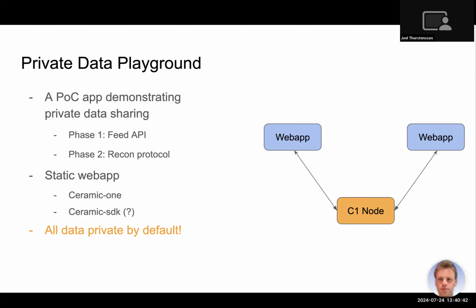All right, hello. So this is going to be a quick overview of the private data features we're building into Ceramic. To start us off, so far, Ceramic has mainly been a network for public data, and this is what we're looking to change. And in doing so,